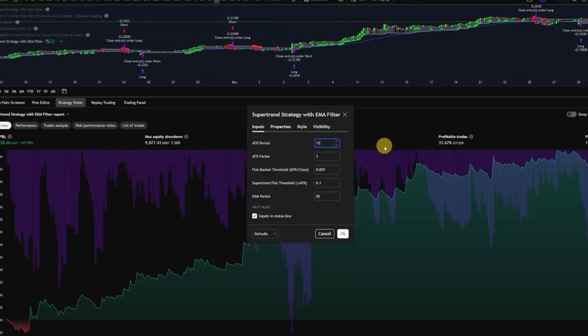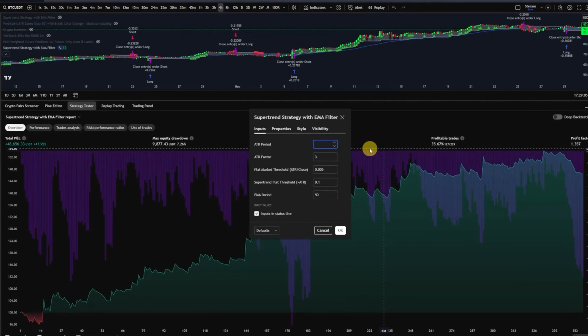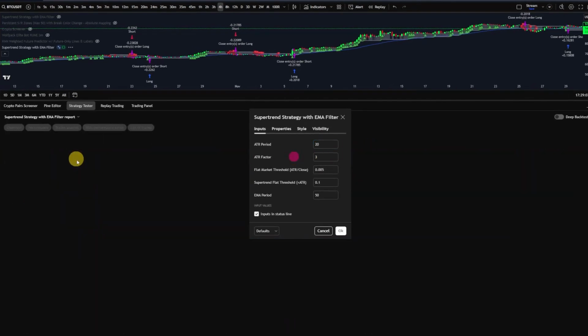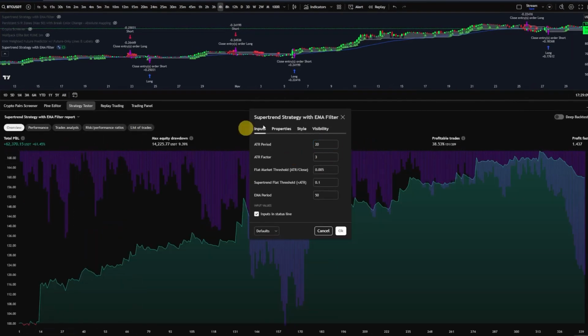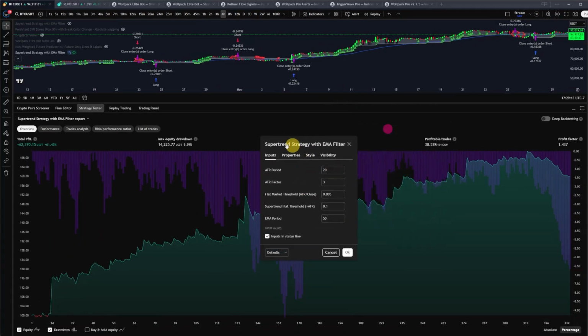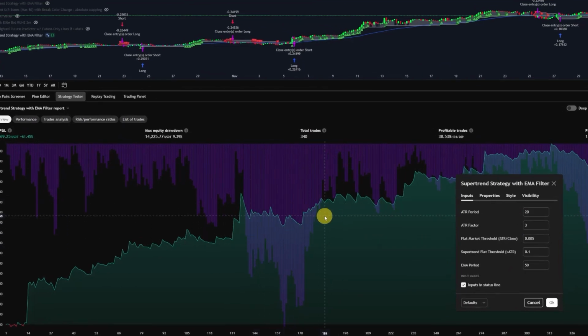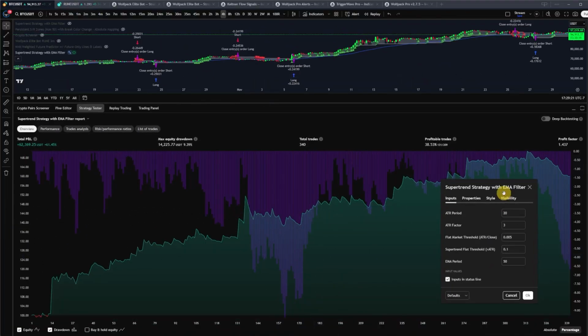Maybe you want to keep adjusting these numbers, as you can see here. If I change the ATR period from 10 to 11, maybe I can go all the way up to 20. Let's see if these numbers change dramatically. There we go. The net profit went up a little bit. So if I keep adjusting these numbers, I can fix the data, but I don't want to reveal all of